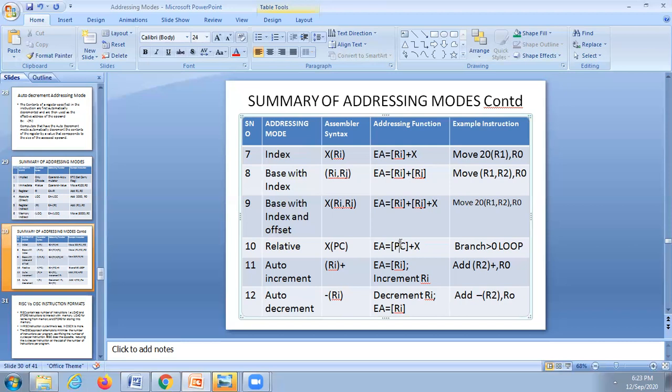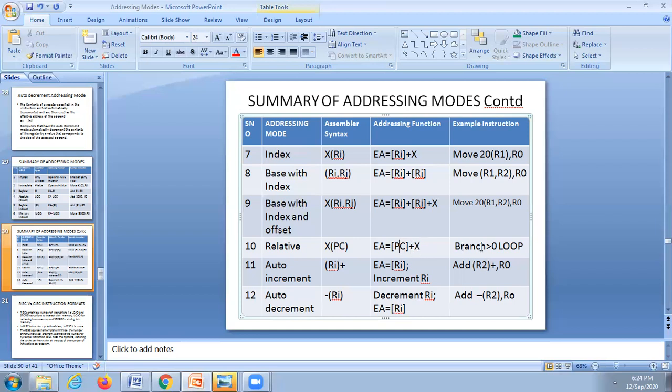That PC contains the address, plus X. X is the displacement here. Displacement is nothing but relative. That means from the current address, which the PC will have, what will be the displacement? This displacement will be either positive or negative.